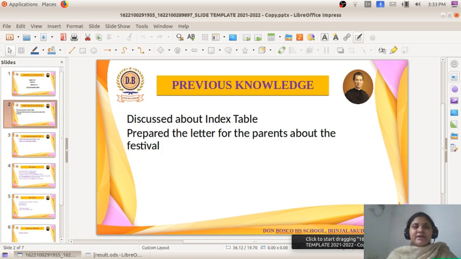And next, what have we done? We have prepared for the youth festival. For preparation of the youth festival, what all things do we have to keep in mind? We need 3 letters. One is an invitation letter to send to parents, the second one is the participant card for giving the details of all participants, and the third one is a certificate which is given to the students who have won the competitions and all.